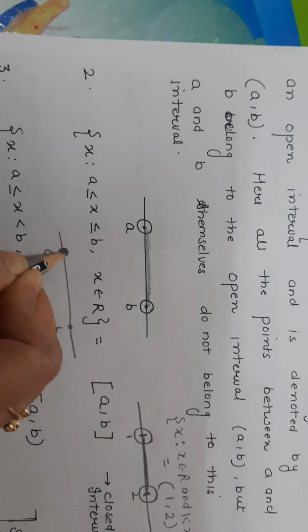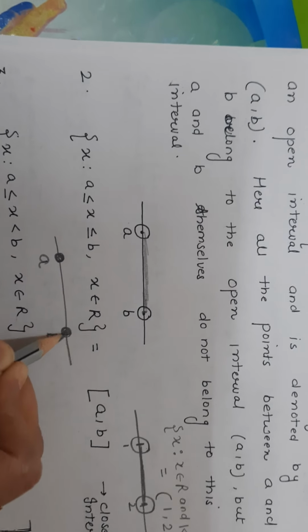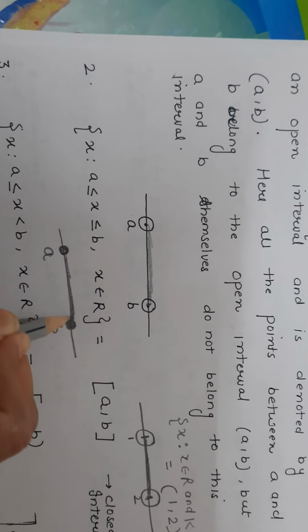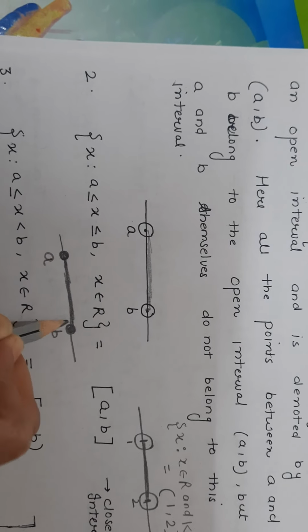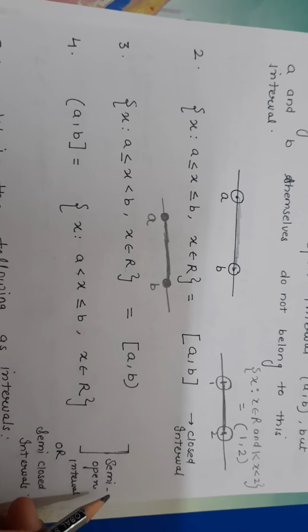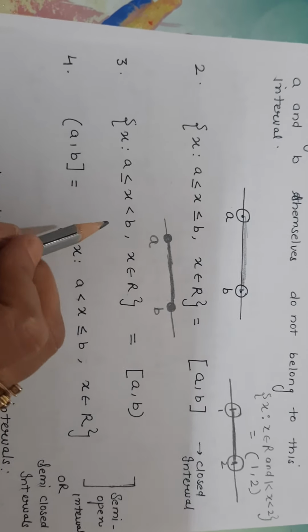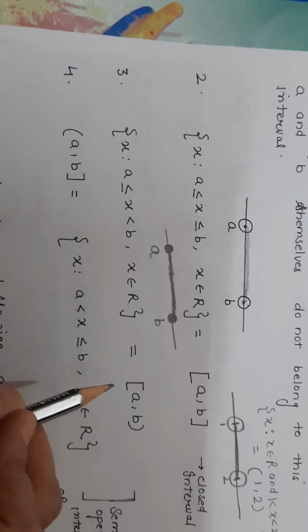In the previous case we plotted the open circle; here I am going to draw the dark circle, right? And shade all the points between A and B. This means all these real numbers will be included here. The third, these two intervals are known as semi-open intervals or semi-close intervals. These intervals will be open from one side and close from one side.